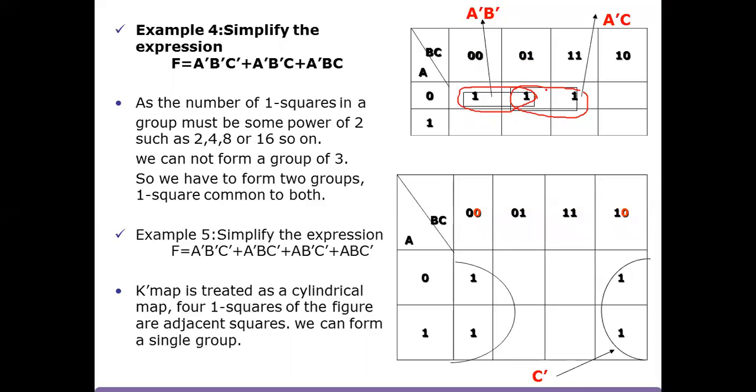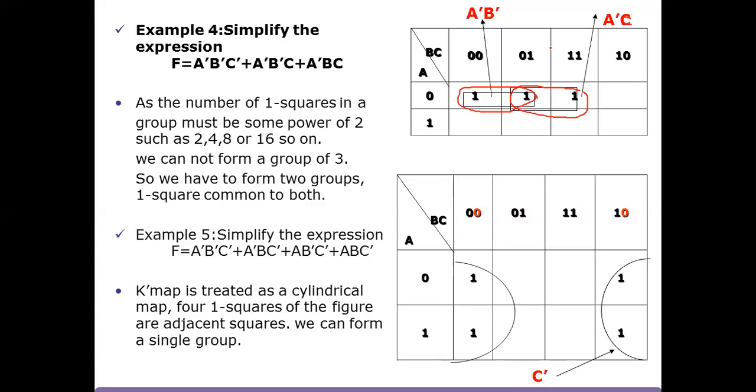Okay? And if you look at the second group, you can see the A value, which is 0, is not changing. And the C value is also not changing. It has a value 1, so you're not priming it. Okay? It's C, not C dash. So we have these two terms, and we have to write the addition of these two terms as the